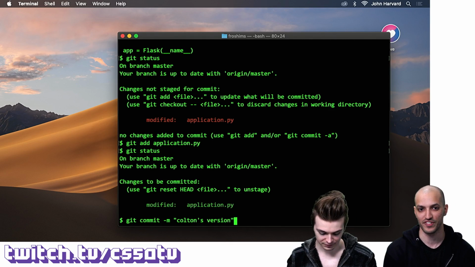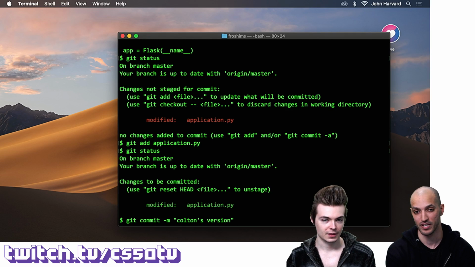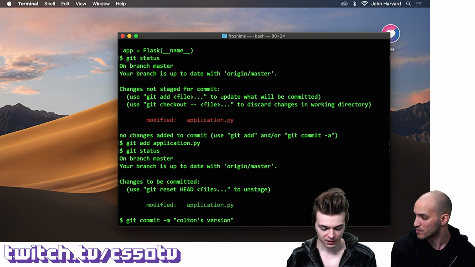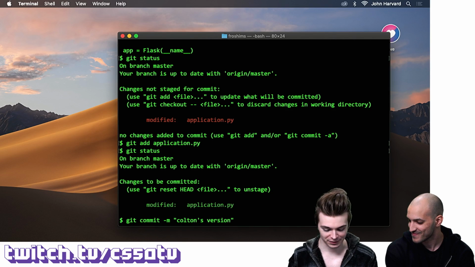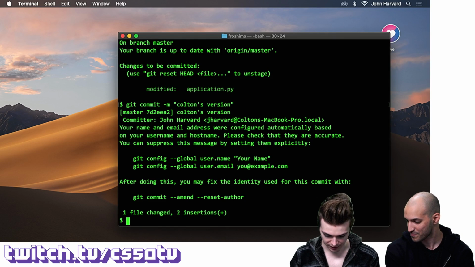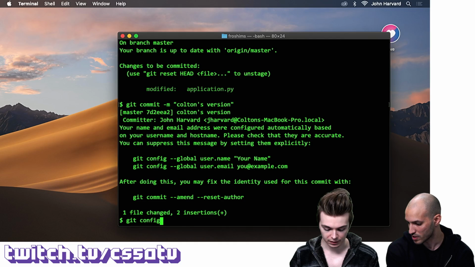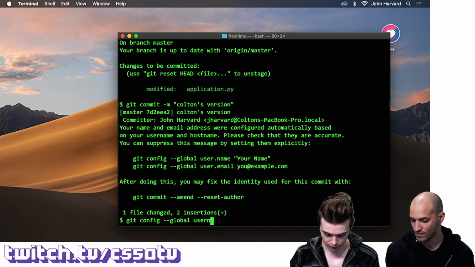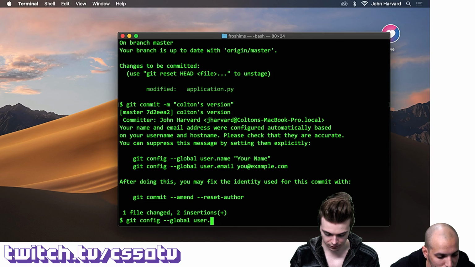But that's okay. If you think the change is trivial enough to git add and commit in the same command, you can obviously do this. Maybe it's better practice to do it the way that you're describing. I personally always do git add first. I thought I set my config yesterday, but I guess it's not set. But that's okay. You can just copy these commands if you want. Global user dot name. Whoops.